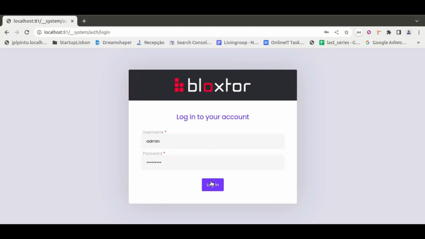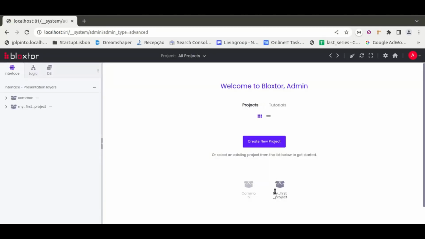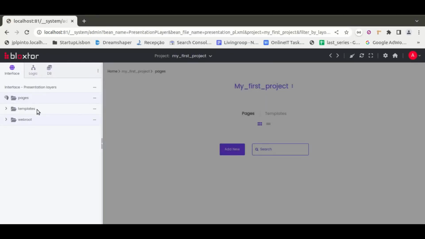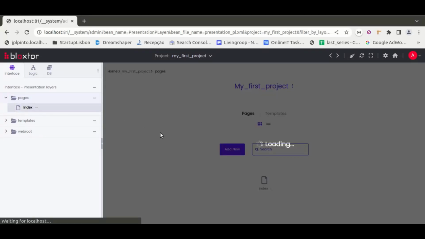So first thing to do, let's log in to our framework, choosing the workspace and the corresponding projects. And currently we have here an empty project. Well, we don't have any business logic rules. Basically it is an empty project. So as an empty project we have our default page, which is the index page, so we can just click in it,